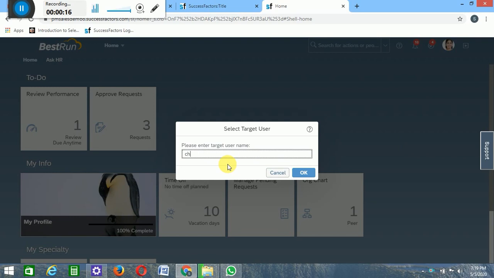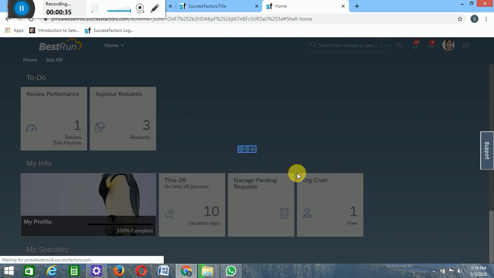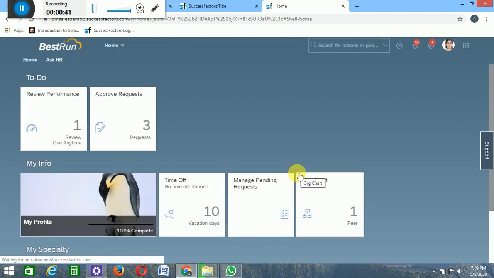Proxy now as Charles. He is a manager, because we have taken step 1 as a group, like a dynamic group, and step 2 as a role. For the role, he has to get an approval from his manager, and his manager is Charles Brown. So here Charles Brown will have that approve request tile.